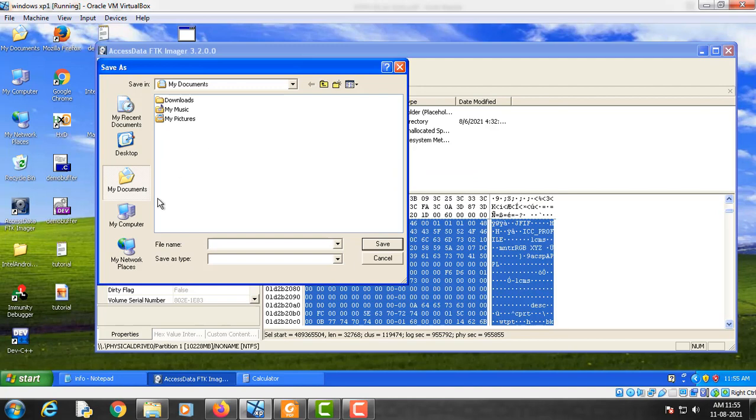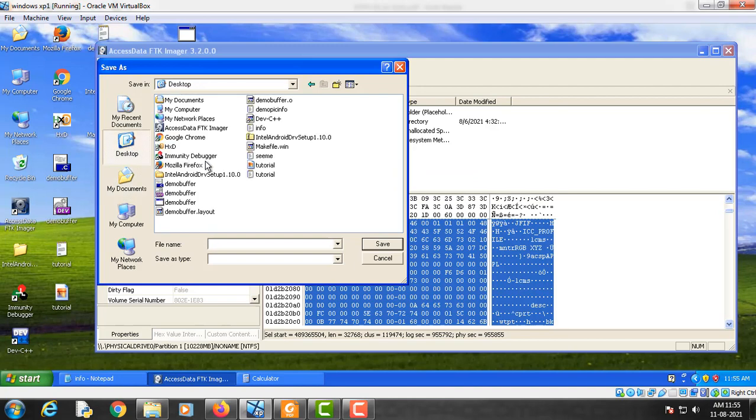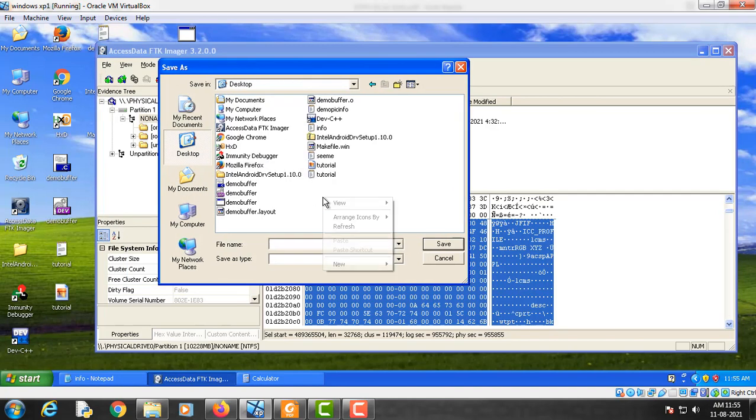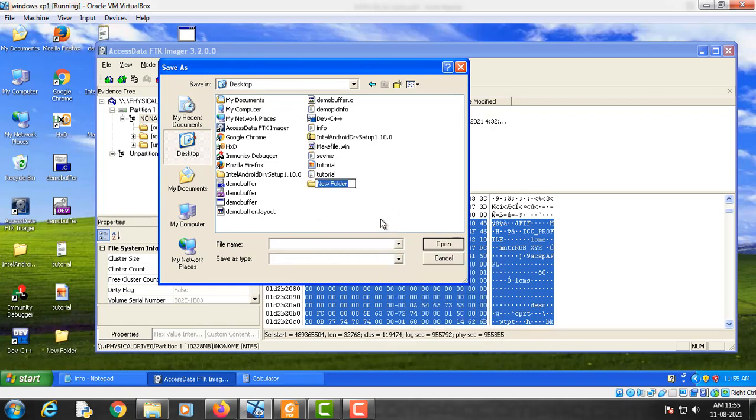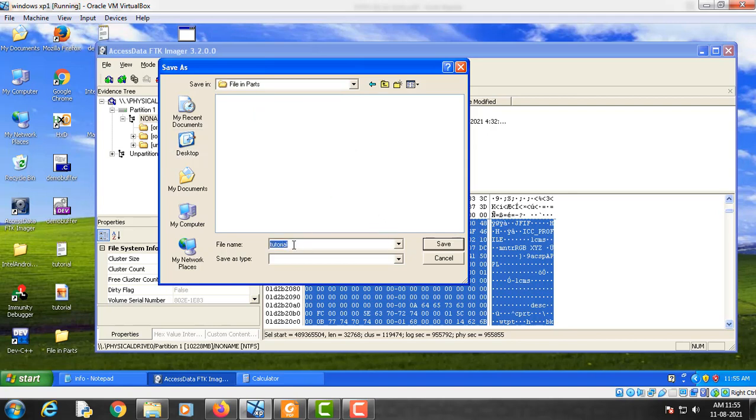I will save it on the desktop. I will create a new folder named after the file, in parts, and I will save it as fragment-1.